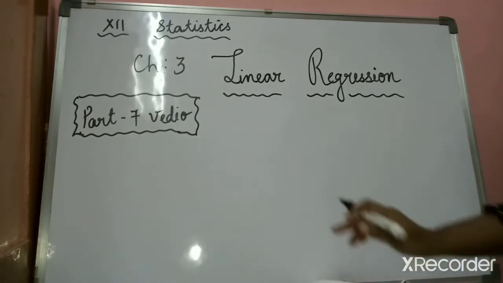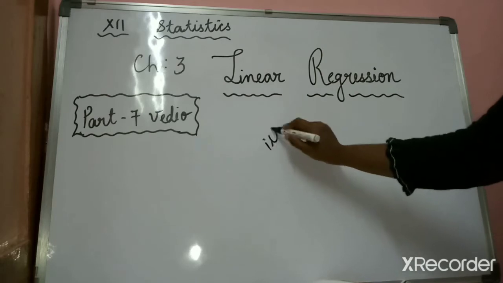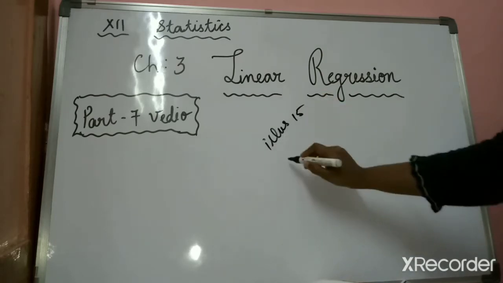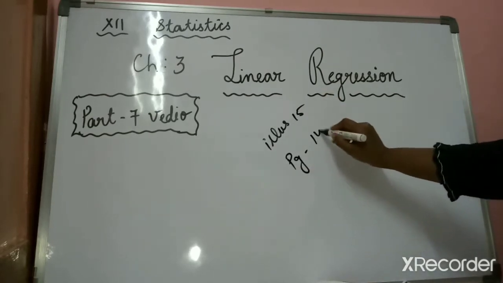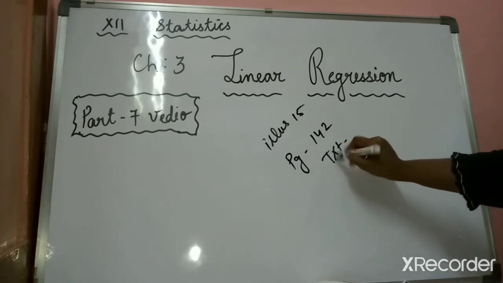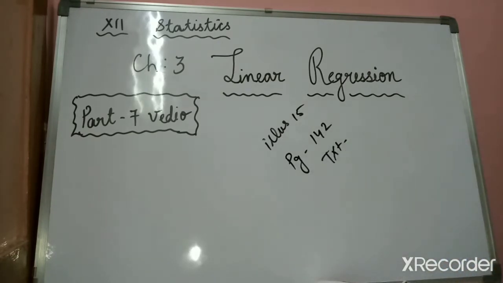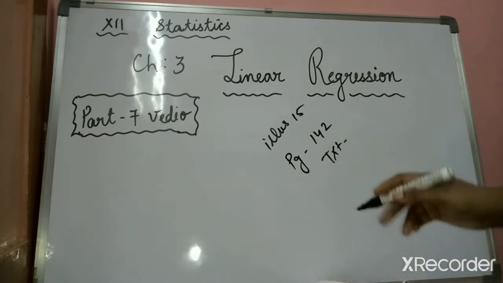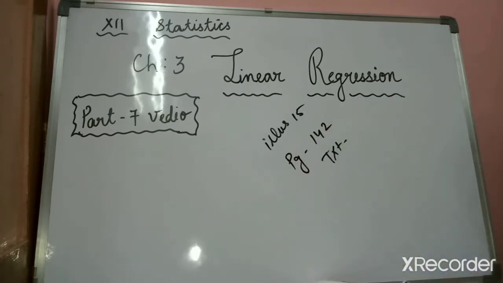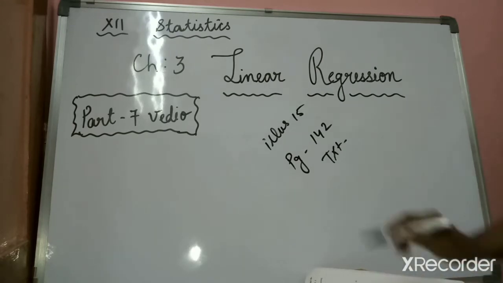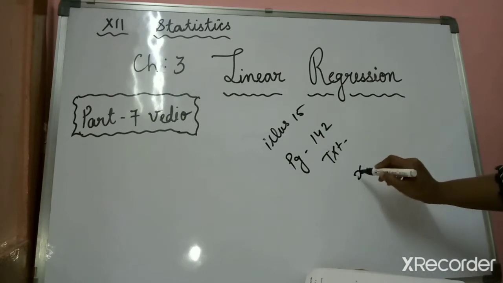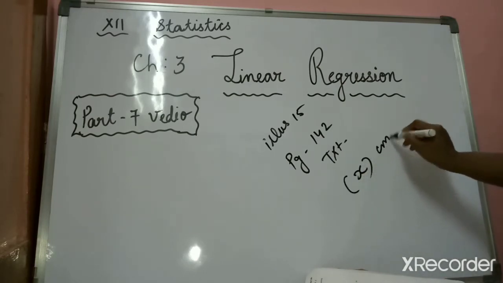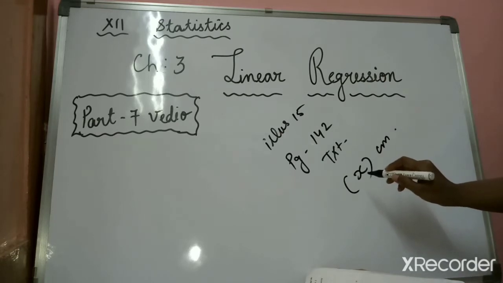Now in today's lecture we are going to solve illustration number 15, okay, which is on page number 142 of your textbook. Clear? So now let's do it. Take your textbook, illustration number 15. The question says 6 pairs of father and son are selected in a sample of an experiment to know the relation between the heights of father in x centimeter. So father's height is given in x, that is your x variable, in centimeters, and the height of their adult sons.